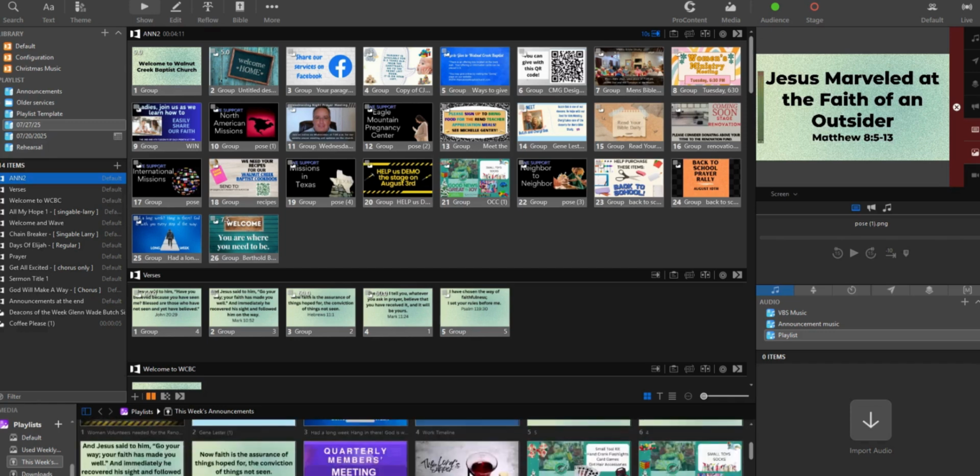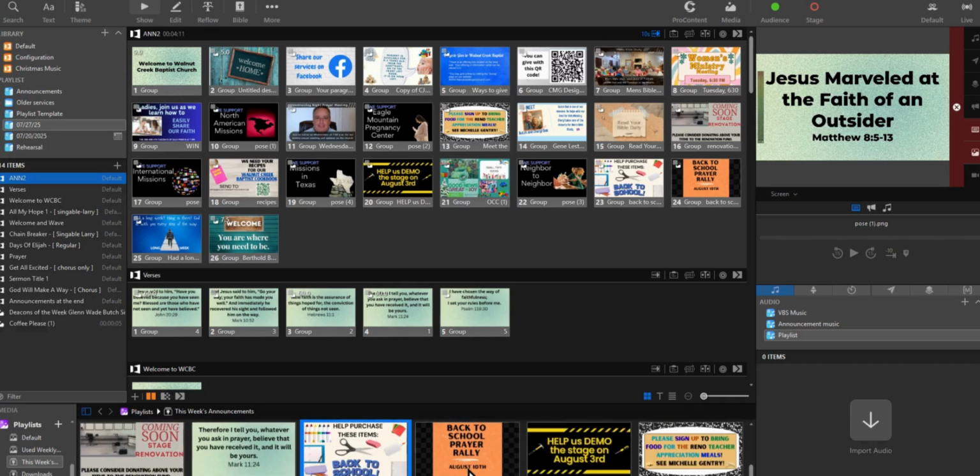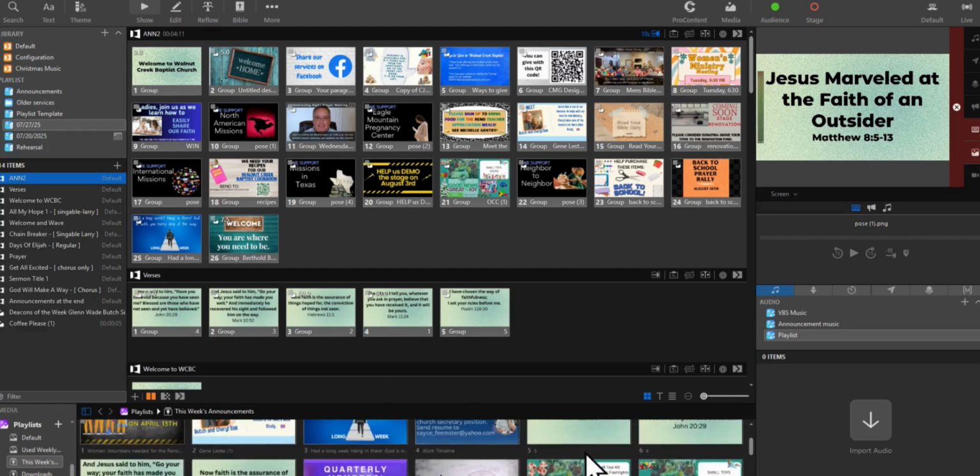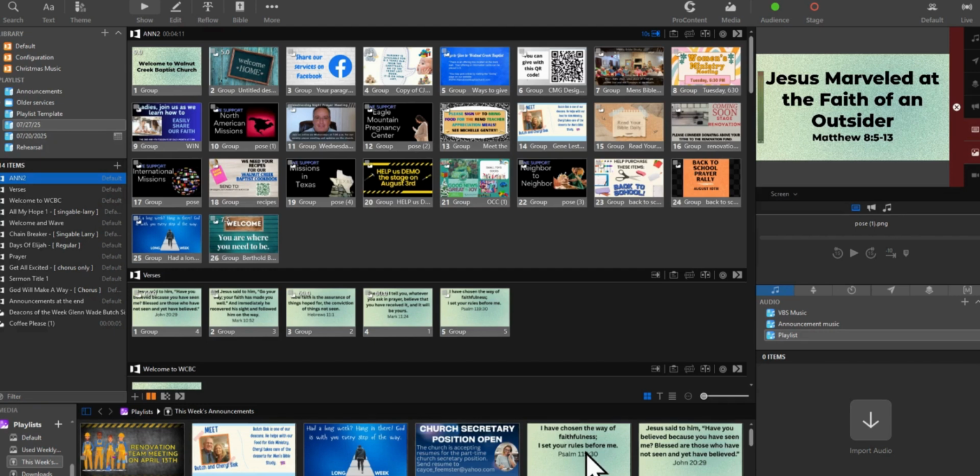So please make sure that your theme will have to be in there, but I just need to be able to access it so that I can make sure that the welcome is in the same theme and that the verses are in the same or similar theme. And that on the left where it says this week's announcements, that's where most of the announcements